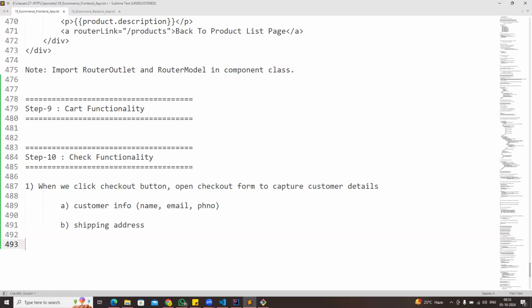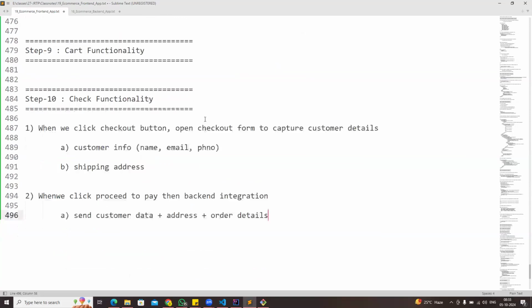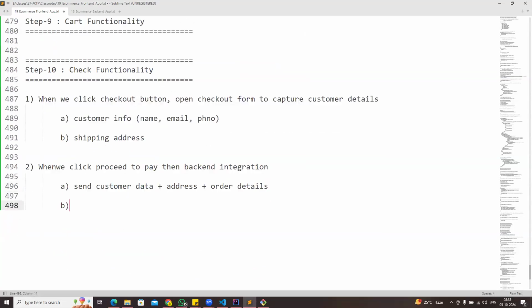Then once this information is captured, when we click proceed to pay, then backend integration. So what backend integration will happen? Take customer data, send customer data plus address data plus order details. Okay, then insert the details, insert